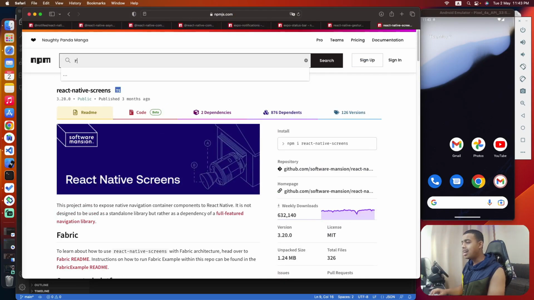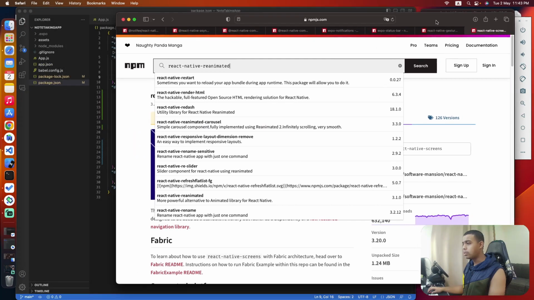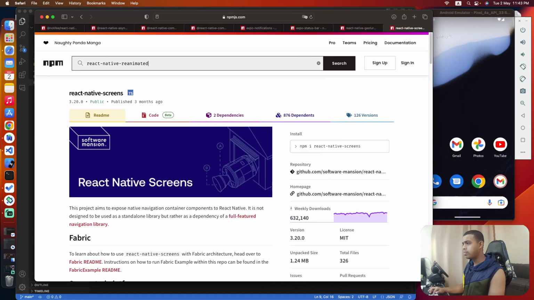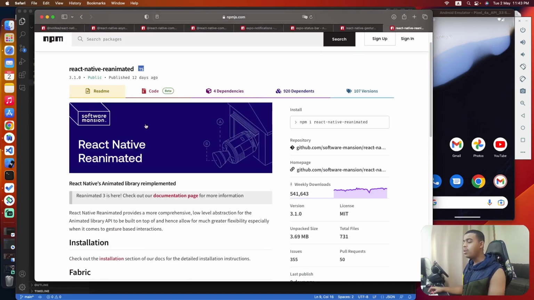So the second last package was React Native Reanimated. Am I right? Let me just go check it out. React Native Reanimated. Yeah. Okay. So we are going to be using this package for